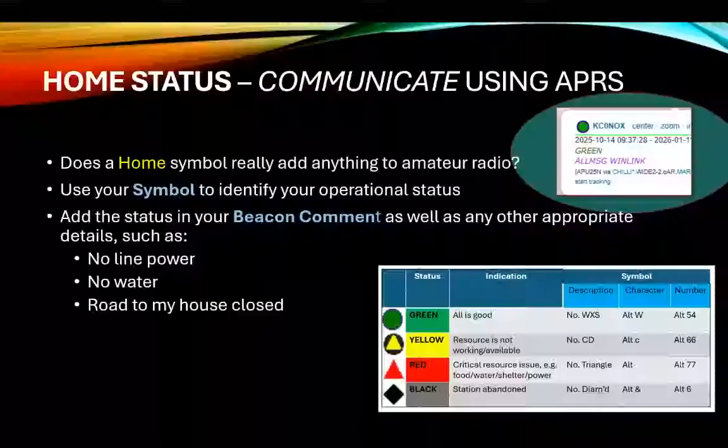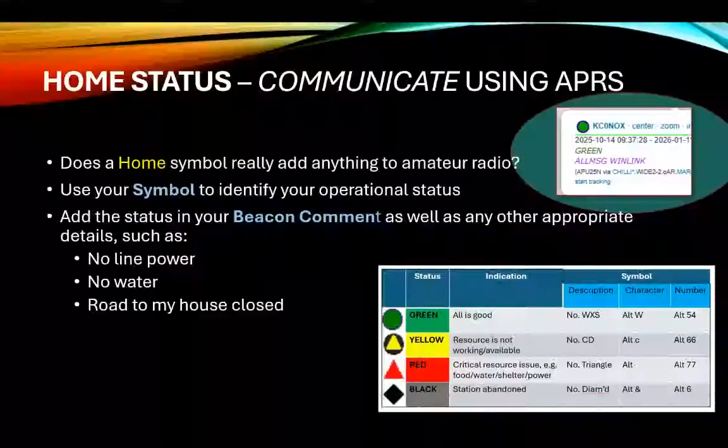If you look in the upper right, this is a screen capture of my station, and I have the green circle indicating everything as well, but also my beacon comment has the word green. That way, if somebody isn't looking at an APRS map, they may only see the beacon comment, and they'll know that all is well. And the goal is if anything starts to change, such as you aren't getting outside power, you don't have water, access to your house, any other number of situations, you change your status to what you think is appropriate, whether it's yellow or red, and hopefully other amateurs will be aware,